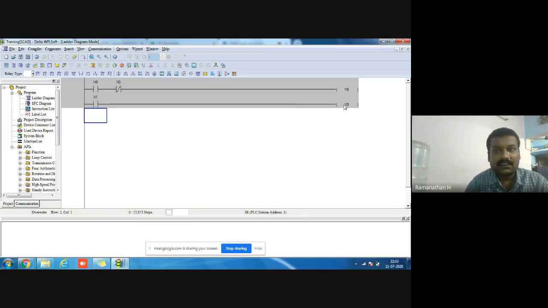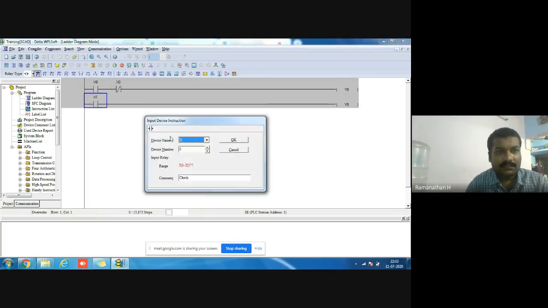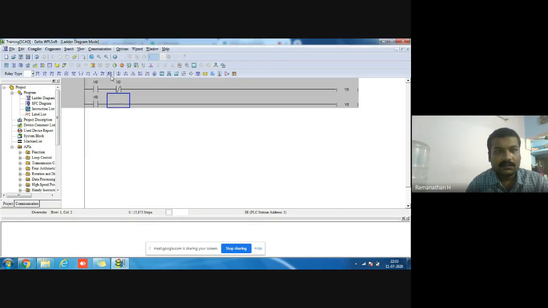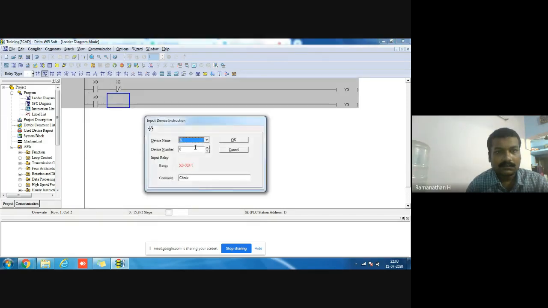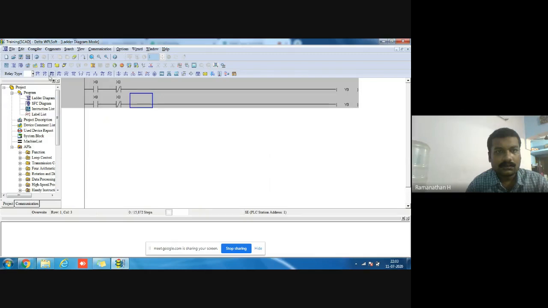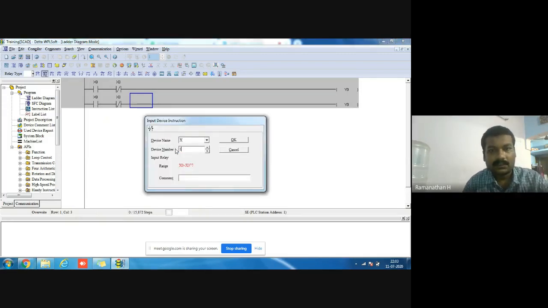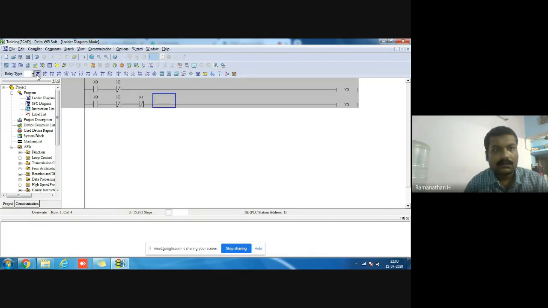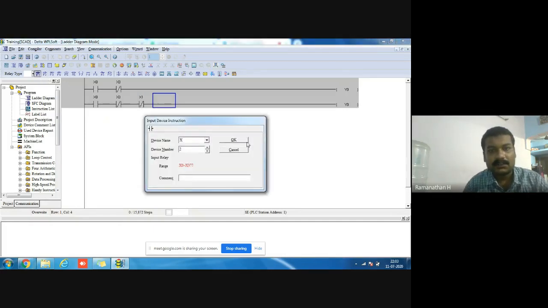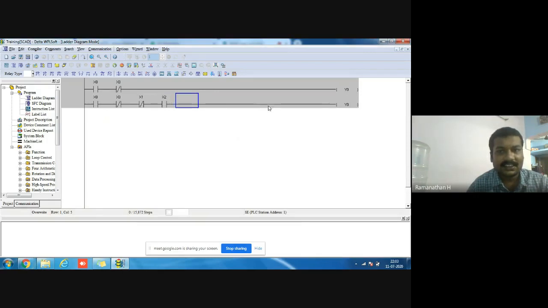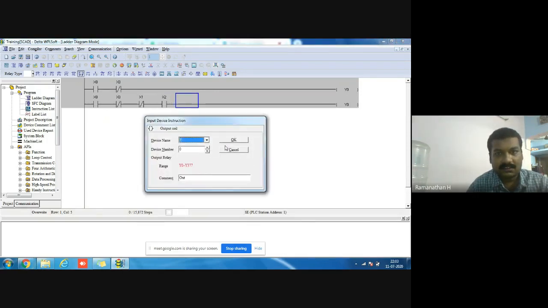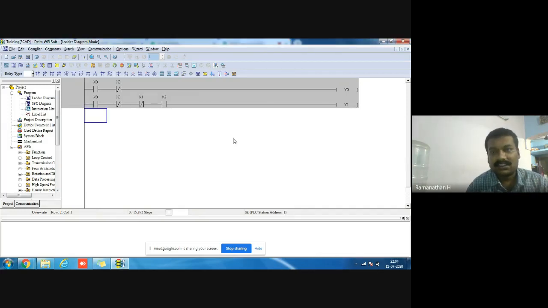But one thing: you can add n number of input components in a single line, but you can't add more than one output coil in a single line.